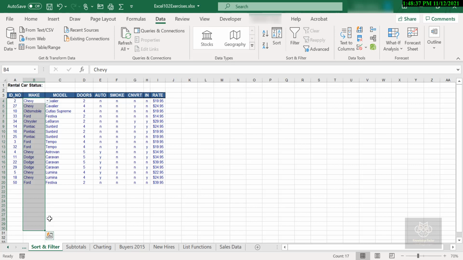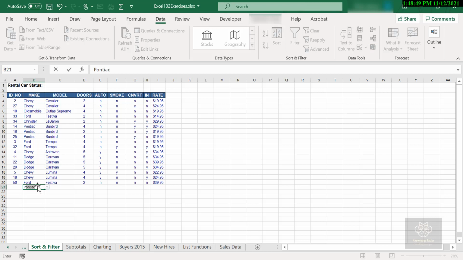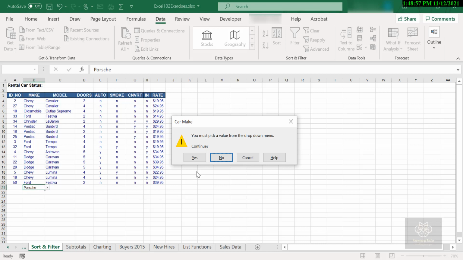So now if I hop into the B column, to the make column, and I put something in here that does not exist, maybe Porsche, I'll hit enter key, and here's my little message. But remember, this one was a warning. This one says you must pick a value from the drop down menu, but then they have an option to continue. I can say yes, I want Porsche in there. I can say no, or I can say cancel. So in this case, it's validating the data, but it allows the user to still press forward with that incorrect value. I'm going to cancel out here.